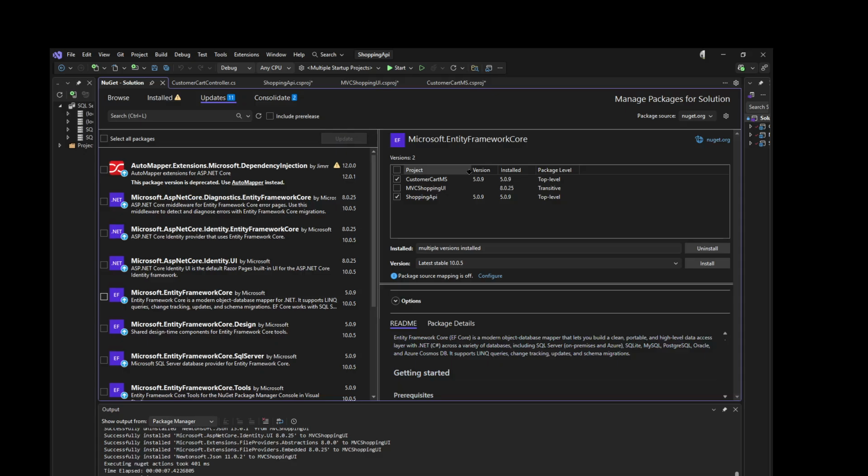So there and there we might be using similar packages for implementing similar functionality. So in this case, this one on the custom account microservice, I have 5.0.9, whereas on the shopping API I have